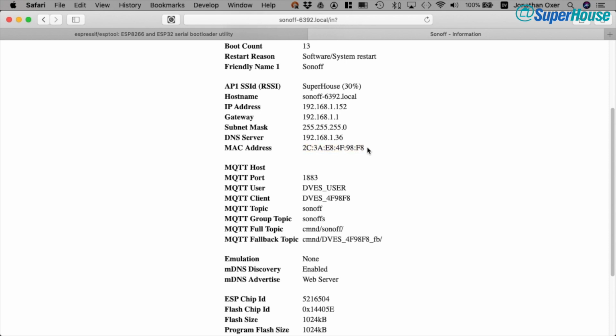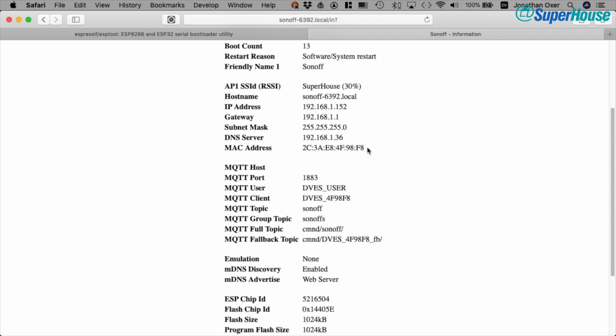Now the MAC address is really useful because what we can do is use that to set up a static lease in the DHCP server for the network. If you ever want to be able to do things like set your Sonoffs to an address and make sure that they're always given that IP address when they start up, if you add a static lease using this MAC address, then each time the Sonoff starts up, the DHCP server will give it the same address. I don't normally worry about that because I access them through MQTT, and we'll see more of that in just